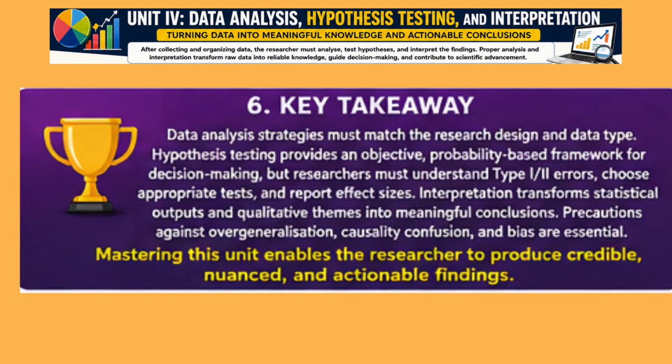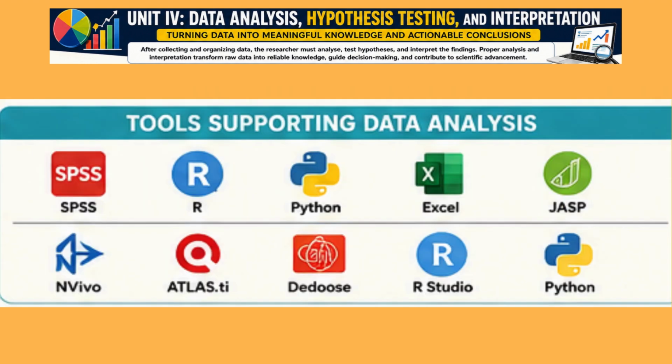Conclusion. Unit IV represents the analytical heart of the research process. Through data analysis, researchers transform raw information into organized evidence. Hypothesis testing provides a systematic framework for evaluating claims and making decisions based on probability rather than assumptions. Understanding concepts such as significance levels, p-values, type I and type II errors, effect size, and statistical power is essential